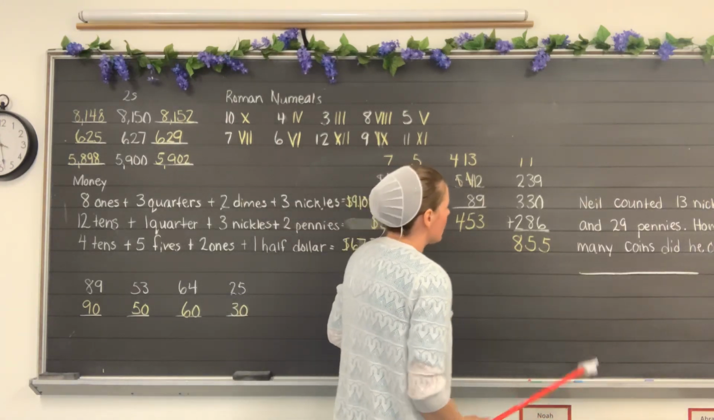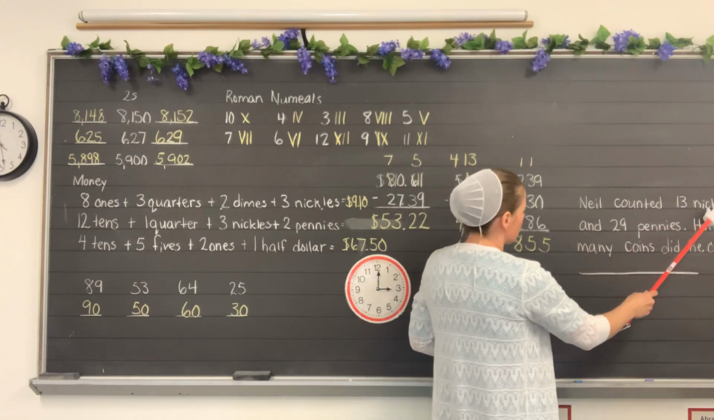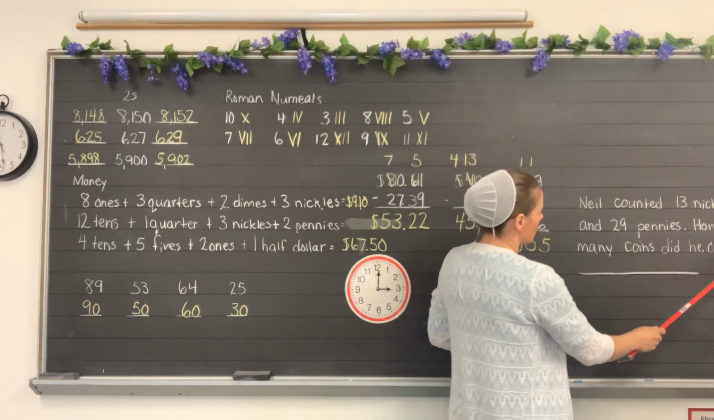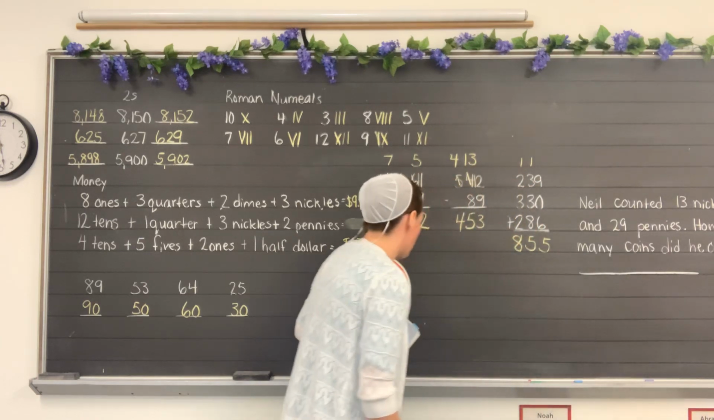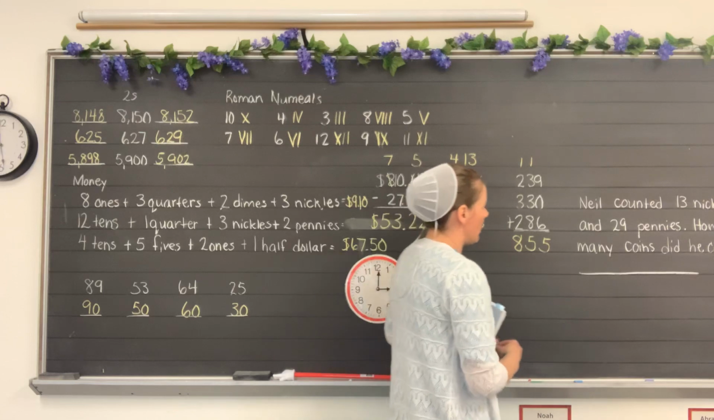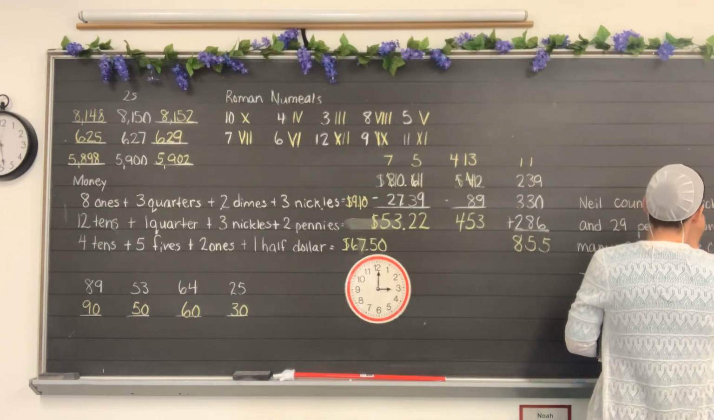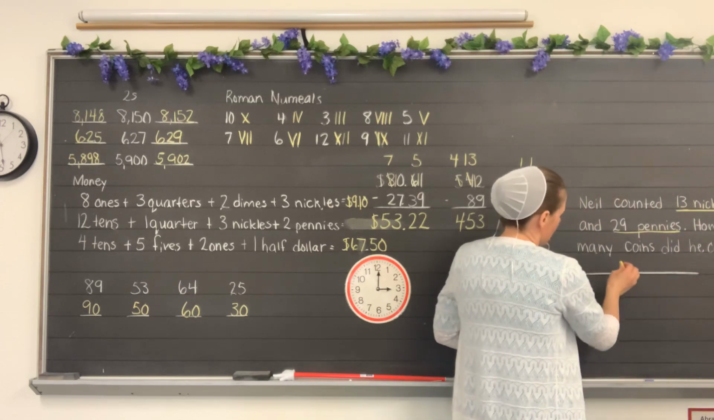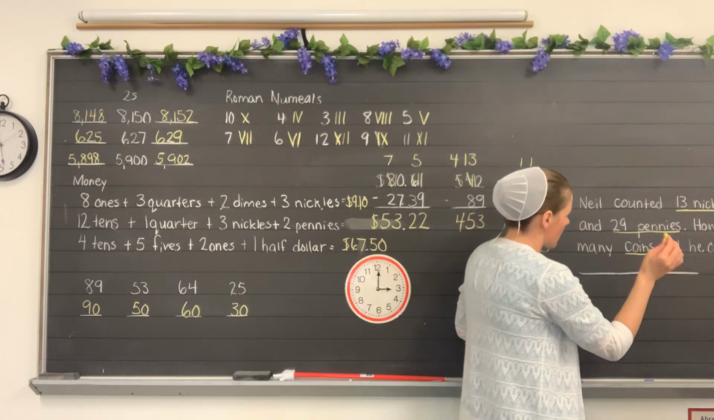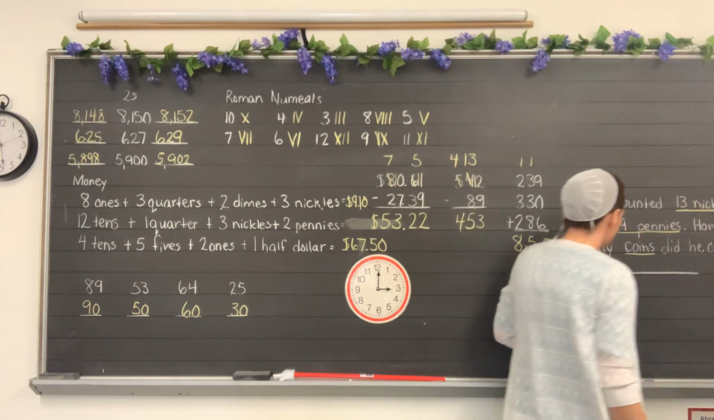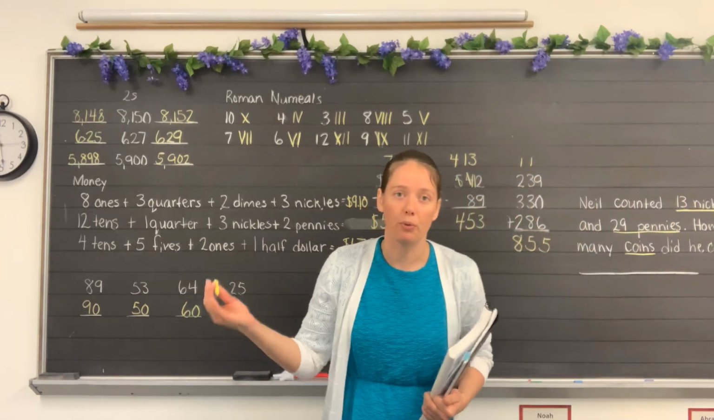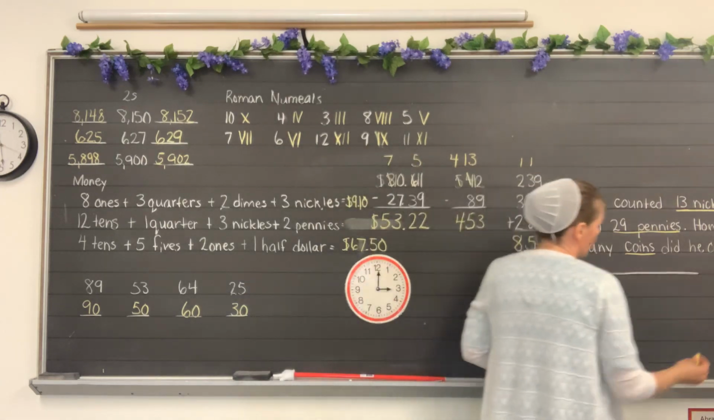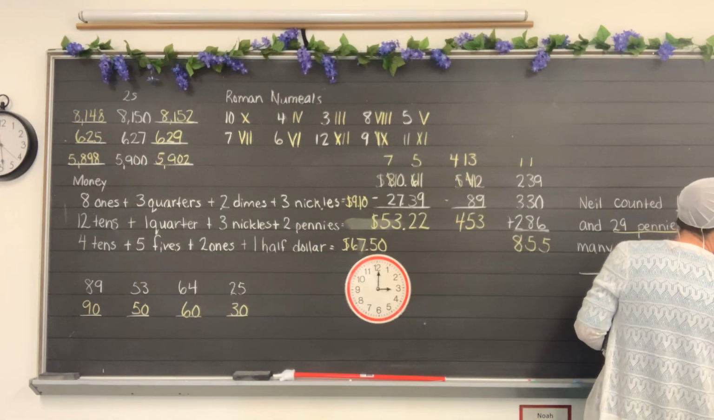So we have Neil counted 13 nickels and 29 pennies. How many coins did he count in all? Okay, so let's underline our numbers and words that we need to underline. 13 nickels and 29 pennies and coins and in all. So we have in all, so we'll need to add on that. 13 plus 29, we'll do our work over here. 13 plus 29